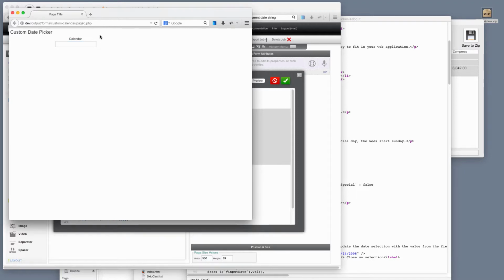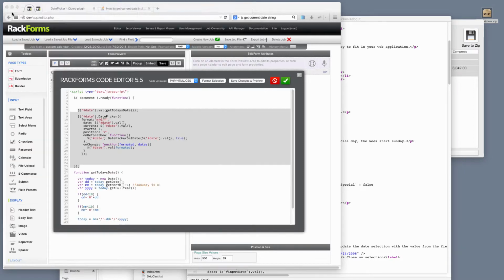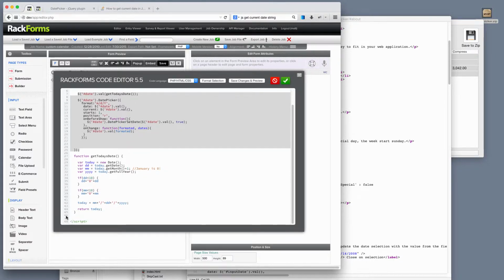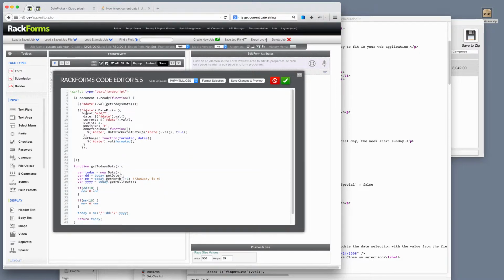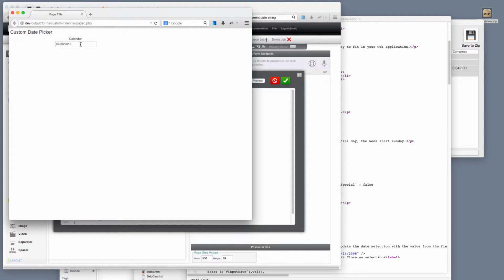So this library actually requires that we have a valid date to begin with. So what I actually did then is I just did a really quick Google search here for how I create a current date in JavaScript, and I wrap this in a function call then. So basically the first thing I do is set the date field equal to get today's date,